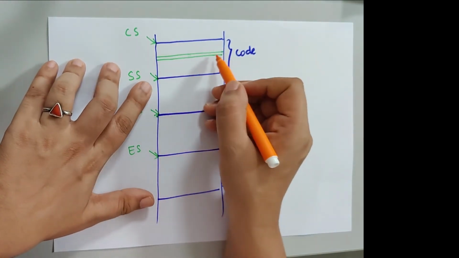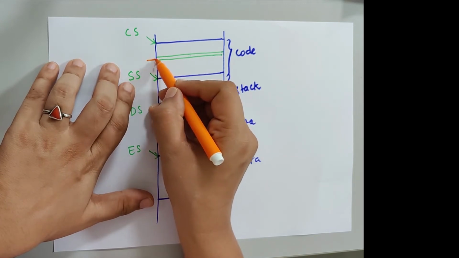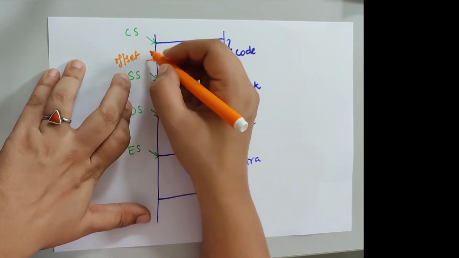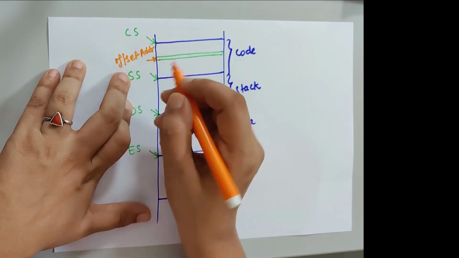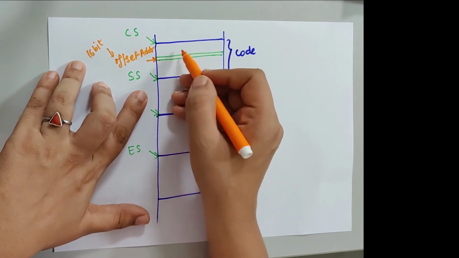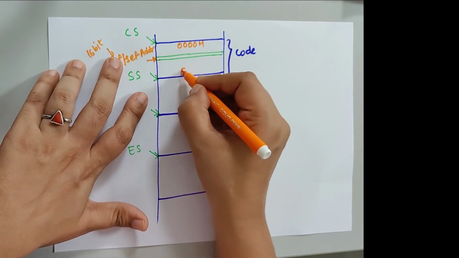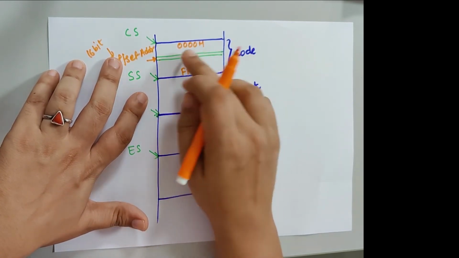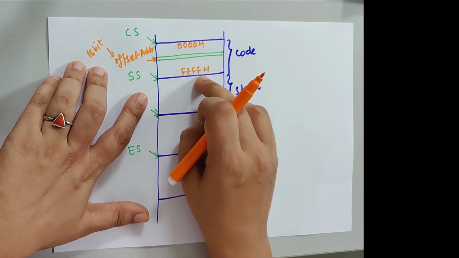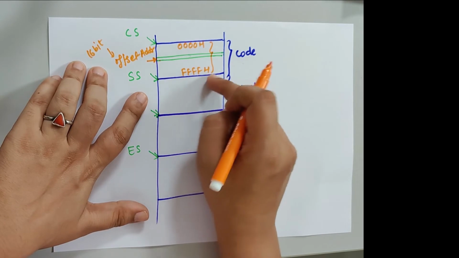The address of this particular location will be represented by the offset register, right? This is the offset address, and this will be 16-bit. So what can be the starting address here? 0000H for the code segment, and what can be the last address? FFFFH. So this is the range, because with 16 bits the starting address will be 4 zeros and it will end at 4 Fs, right?